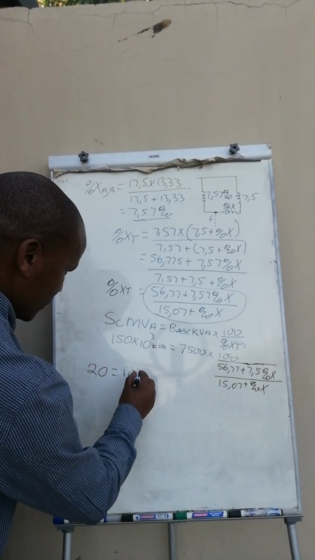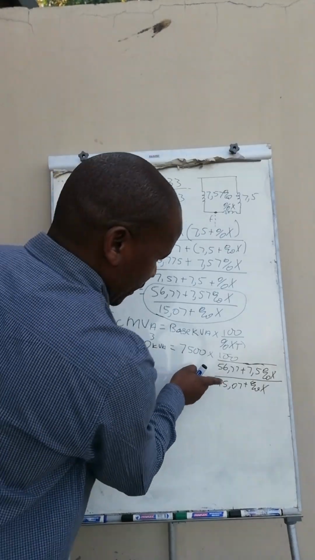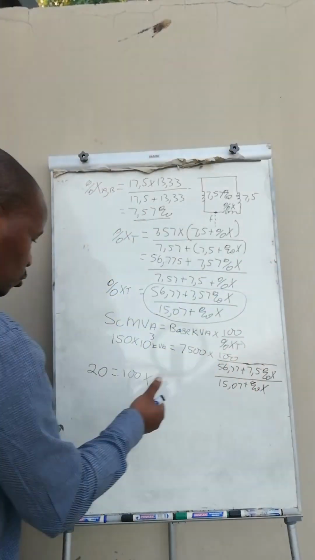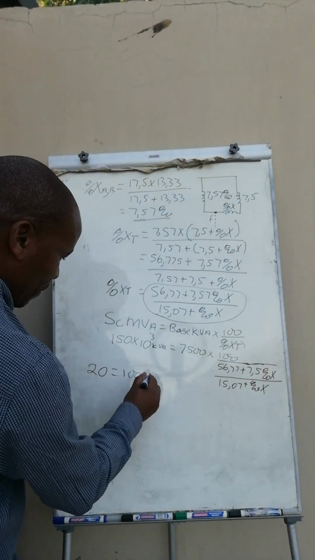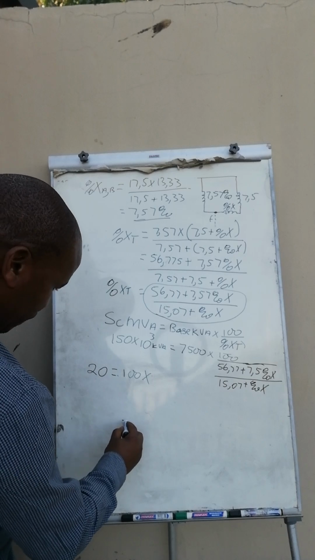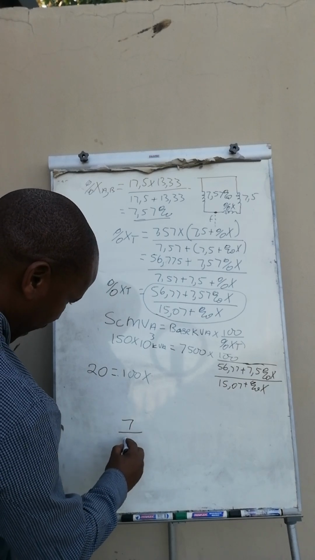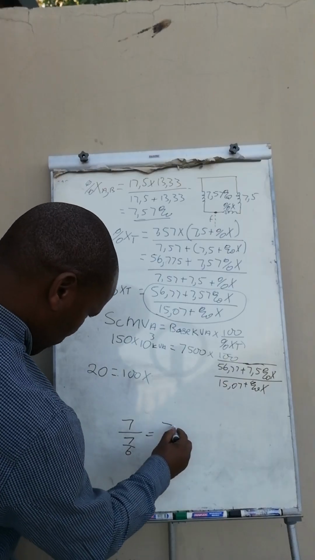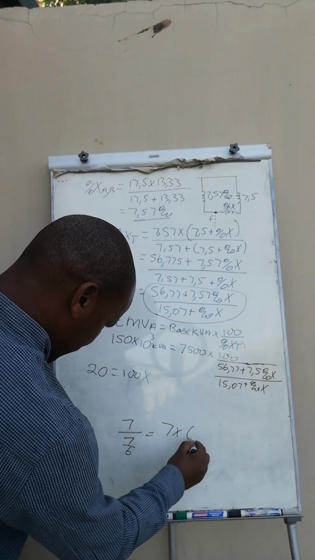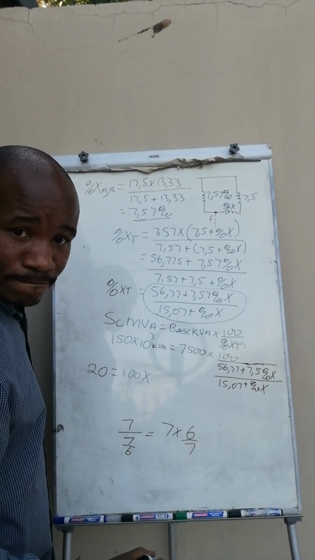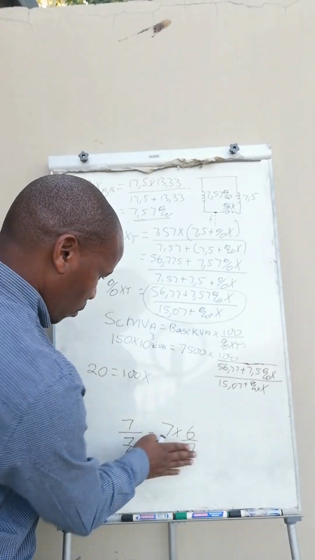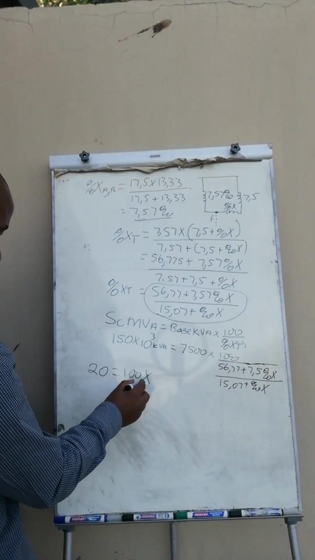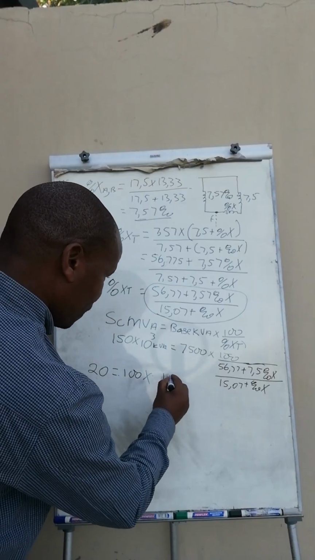100 multiply by, this is a fraction over fraction. Let's swap it. But when we swap it, we do what? We multiply. You still remember you used to have 7 over 7 divided by 6. This is equals to 7 multiplied by 6 over 7. We are used to this. So this is